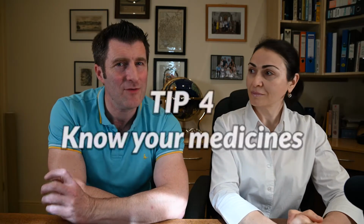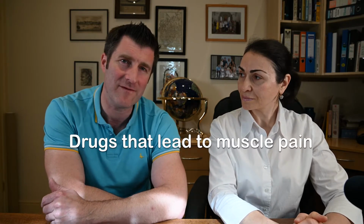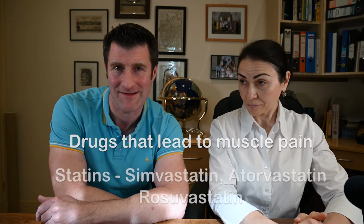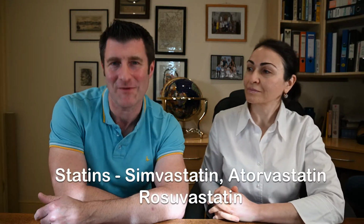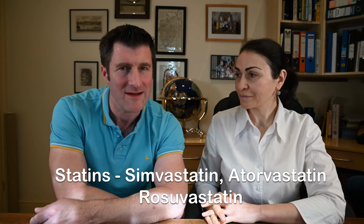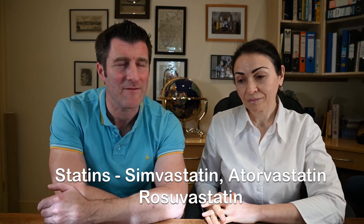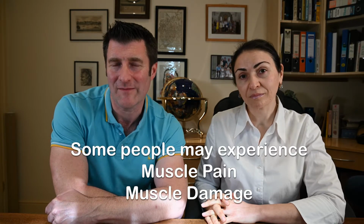Now, there are two main classes of drugs which we know can do this. The first group is some drugs called statins. Statins are commonly prescribed by many of us. We're talking here about drugs called simvastatin, atorvastatin, rosuvastatin. Very effective medicines, but in a very small number of people they can actually lead to muscle pain and subsequent muscle